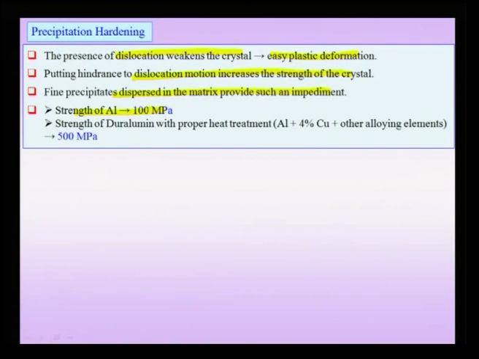It has a good surface finish, it is lightweight, it can easily be cut, etc., and because of the aesthetic appeal and its easy ability to form and cut, it would form a good structural material. But the big problem with aluminum is that, being an FCC structure, it is actually very ductile. So, one of the methods to increase its strength of course is to cold work it, but the other is to form an alloy like duralumin, and with proper heat treatment, and for instance duralumin consists of aluminum and copper and other alloying elements, we can increase the strength to about 5 times, which is 500 MPa,